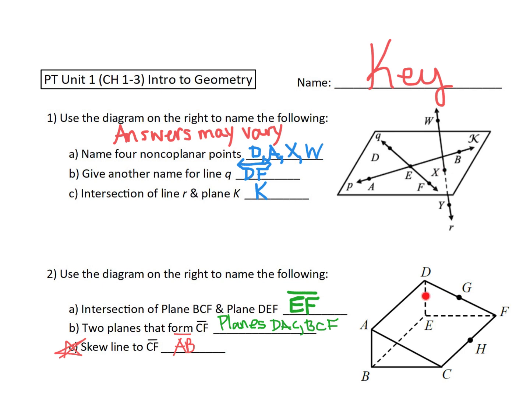Number 2 has to do with this three-dimensional solid, and we're trying to find the intersection of where plane BCF, so following those letters, BCF is going to be that bottom plane there, the bottom of the prism, or kind of like a ramp, I guess I'd call it. So it's the bottom of the ramp. But DEF is the back triangle, and it's in the back because it's using the dashed line. So DEF is the back triangle, BCF is the bottom, and so they're intersecting at that segment, that side EF